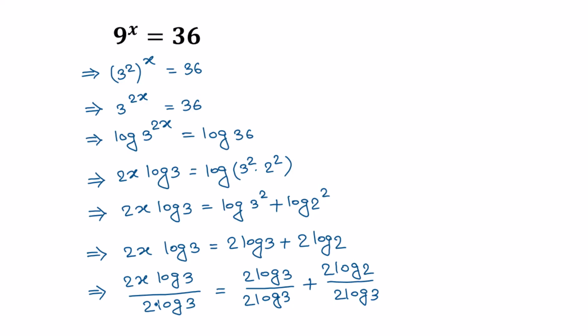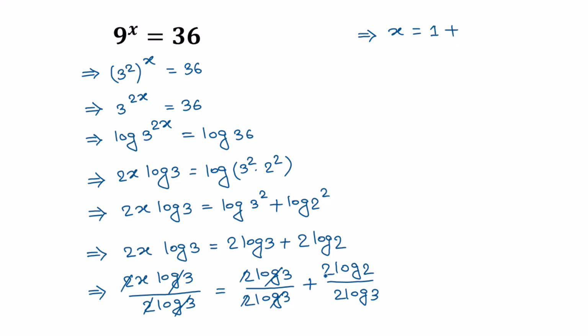Here the 2 and 2 will cancel, and log 3 and log 3 will cancel, and it will be x. So the left side will be x is equal to, now this 2 and 2, and log 3 and log 3 will cancel, so it will be 1